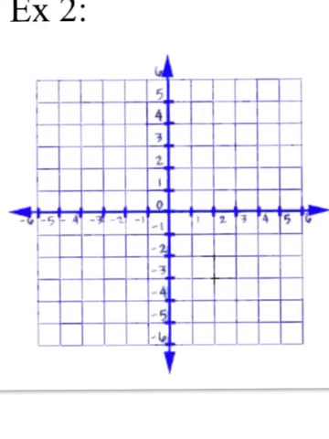Alright, so I'm going to graph y is less than 2/3 x minus 2. Alright, so my y-intercept is -2, so I'm going to go to the y-axis to -2,